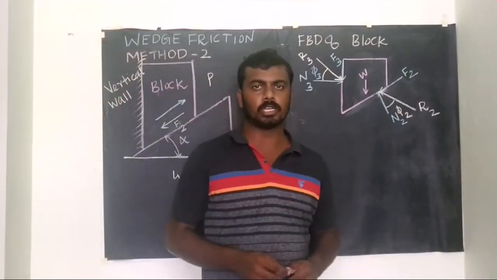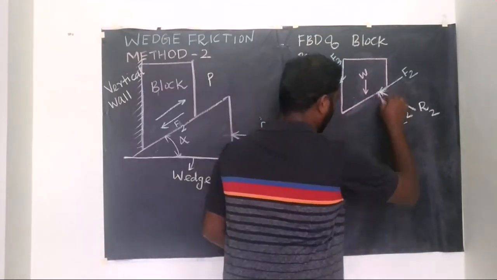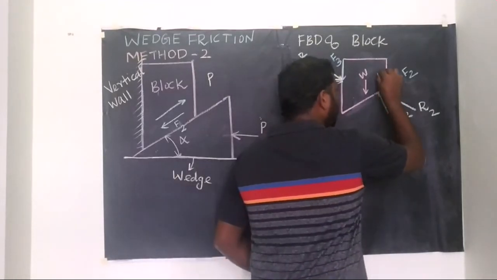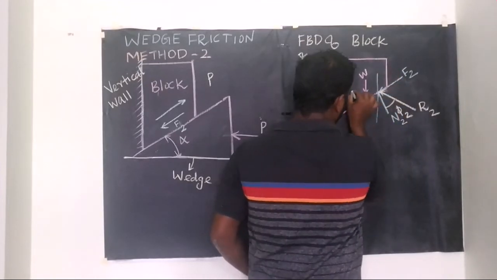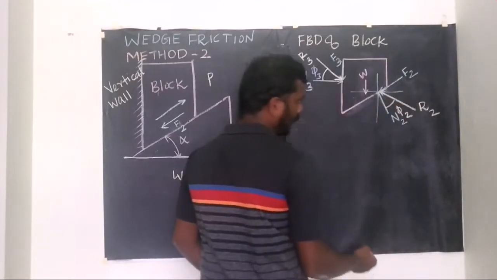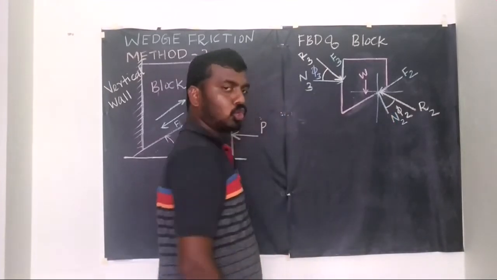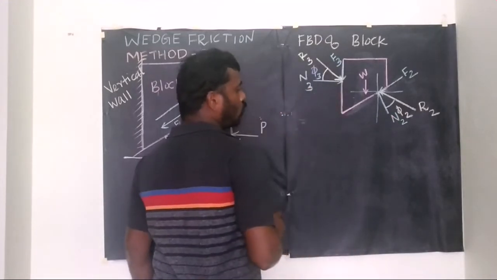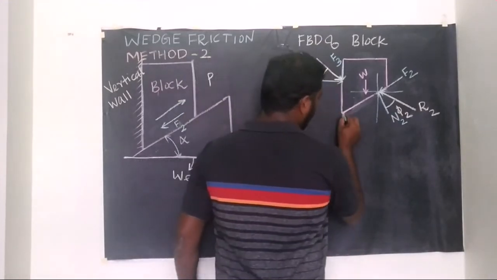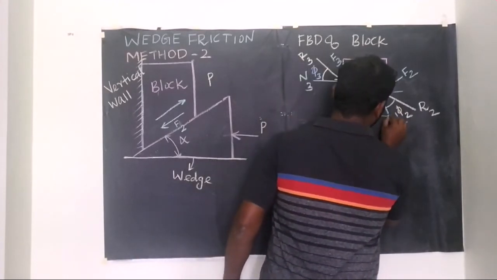Now I am going to construct reference x and y lines at this point. This is my reference vertical line. This is my reference horizontal line. Here I need this small angle. For that I am going to construct one triangle. Before that, I am going to draw one horizontal line at this point.